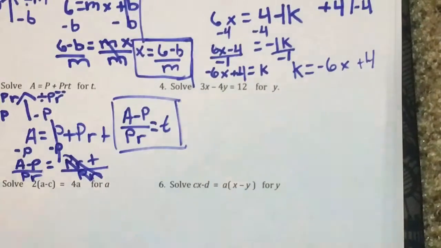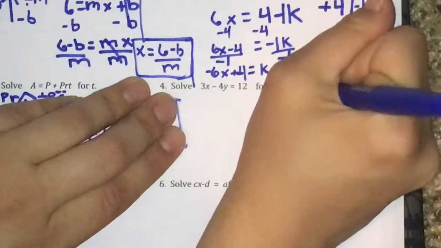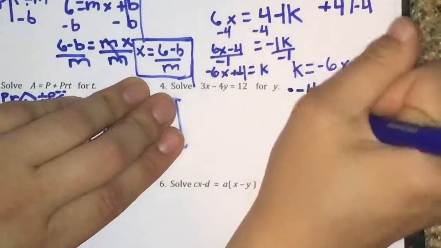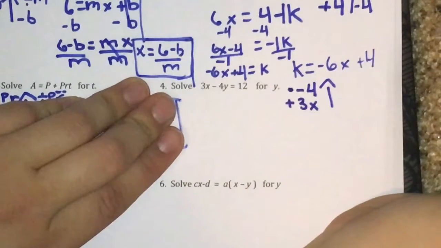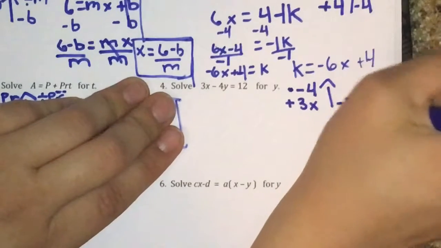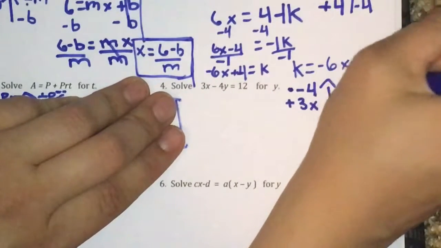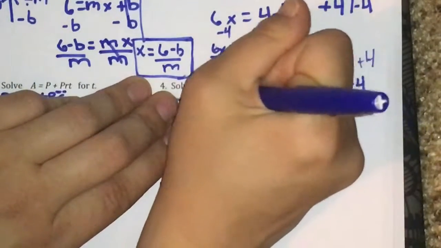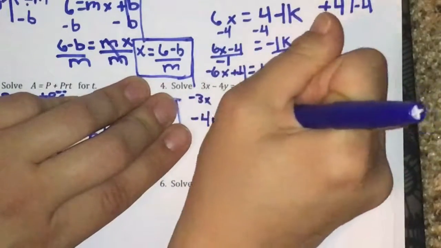It says to solve for y. Well, what is happening to y in this case? It's being multiplied by negative 4. Then the 3x is positive, so added by 3x. So you're going to do the reverse opposite. Instead of adding 3x, you're going to subtract 3x. Instead of multiplying by negative 4 to y, you are going to divide by negative 4 to y. So from here, we are going to subtract 3x, subtract 3x. This becomes negative 4y equals